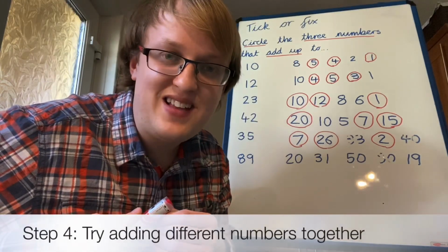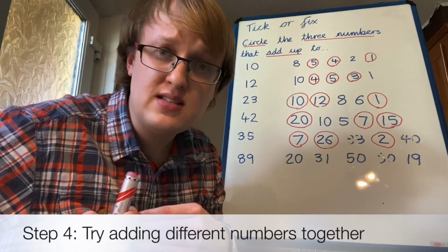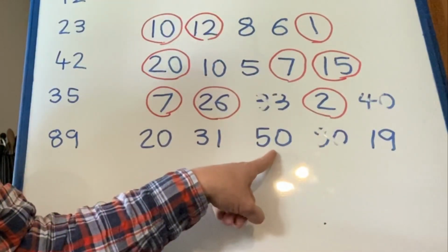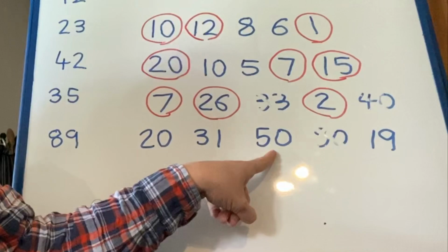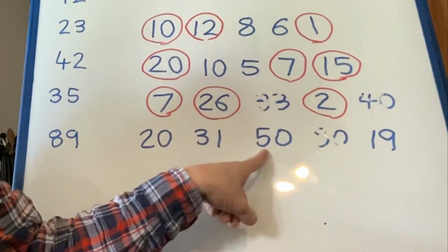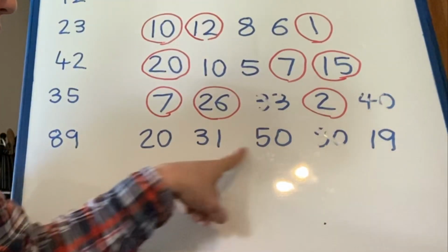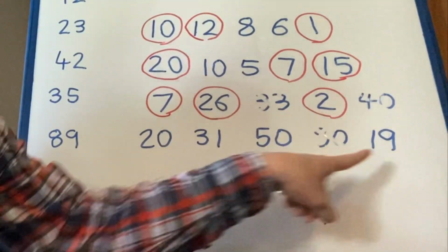What to do next then? Next I go to my next biggest number and see if I can figure out the problem from there. The next biggest number is 50. I've got 50 here. I need to get to 89. If I do 50 add 31, so if I add my 3 10s to my 5 10s, 3 10s to 5 10s is 8 10s, I'd have 80, 81. Oh, but then I'd need 8 1s, and these 2 numbers